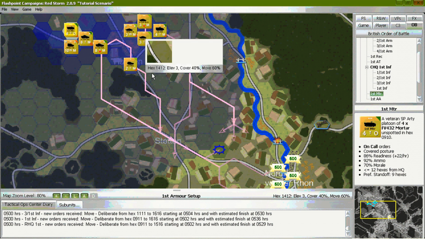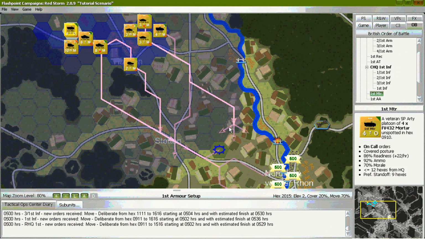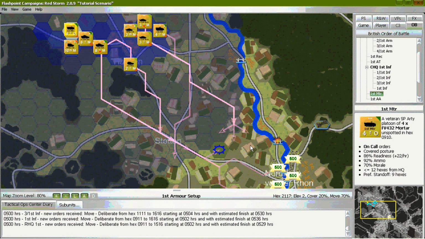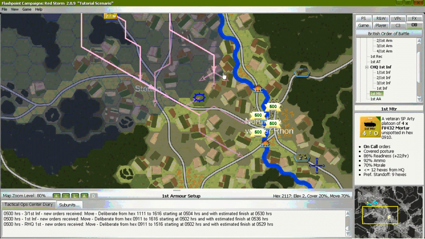The large colored hexes are the reach of the artillery unit. In this case, it falls about 2 kilometers short of covering the objective and 4 kilometers from the target reference point.